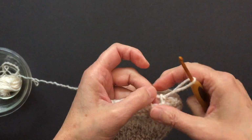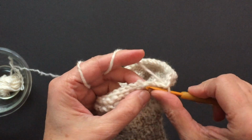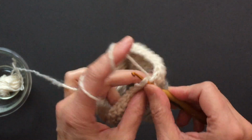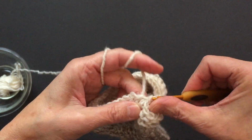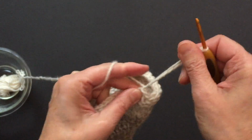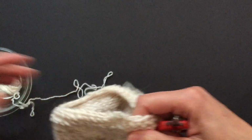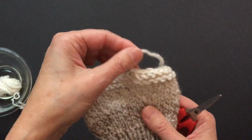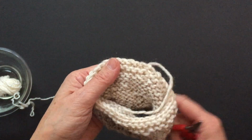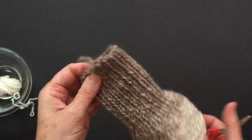See, this is my last stitch. I took my needle off, put my hook in, and then I will go under these stitches right in here, this, and I will crochet this. Okay, so kind of connect it together and make an extra knot. Cut this, and then I will use my needle and I will weave it in here on the inside, and the same thing in here with this tail. Okay,